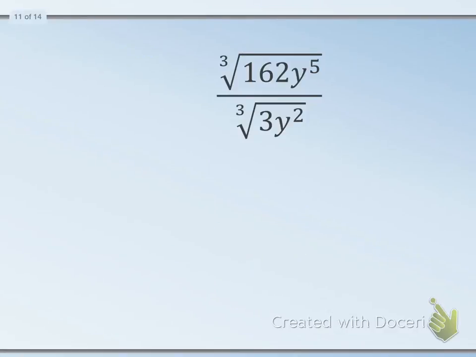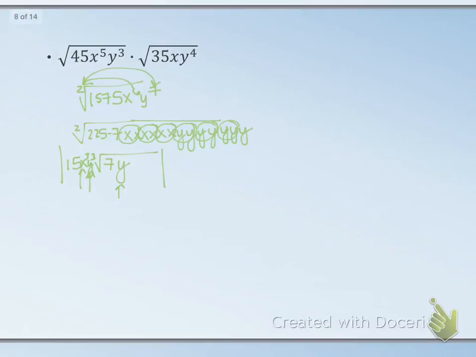All right, my next one, let's do a big one. 162y to the 5th divided by 3y squared. Okay, see if anything cancels. 162 divided by 3 is 54. Y to the 5th divided by y squared is y cubed. See if 54 can break in a pretty way. It doesn't, because nothing cubed gets me 54, so we're going to have to go back and figure out